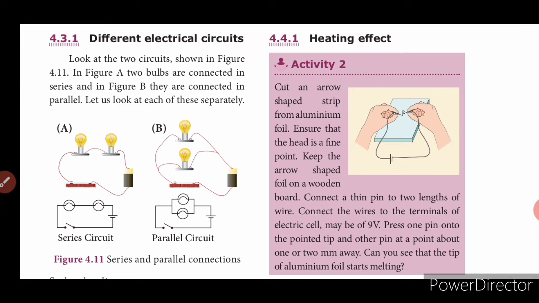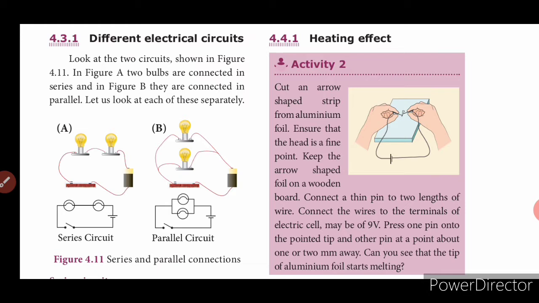So, the heating effect. In this activity you are asked to take a cardboard and an aluminium foil. It has to be a very flattened aluminium foil, and you are going to connect this aluminium foil with a cell. Okay, you are going to pass a small amount of electric voltage through this aluminium foil, only 9 volt. It is given in the book exactly how much voltage you are going to pass. After passing for a few minutes, after switching off, if you test the aluminium foil, you feel heat. Why is the aluminium foil heated?